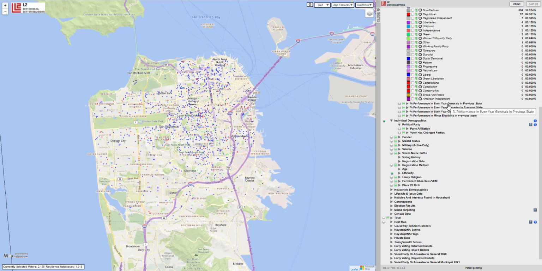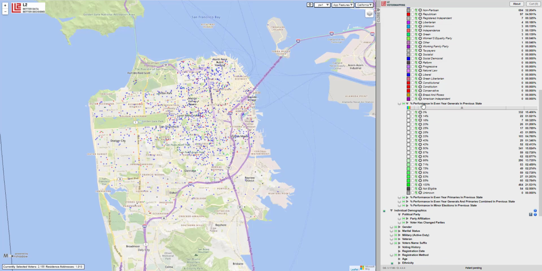So while these numbers appear small now, as new people continue to move in and L2 continues to aggregate these individuals and in a cumulative way add them, you are going to be able to see more and more individuals' vote history, even though they moved from out of state within a certain period of time. So in this case, again, those 2,155 people that moved from January 1st, 2020 to the Bay Area, or to San Francisco County, you now are able to